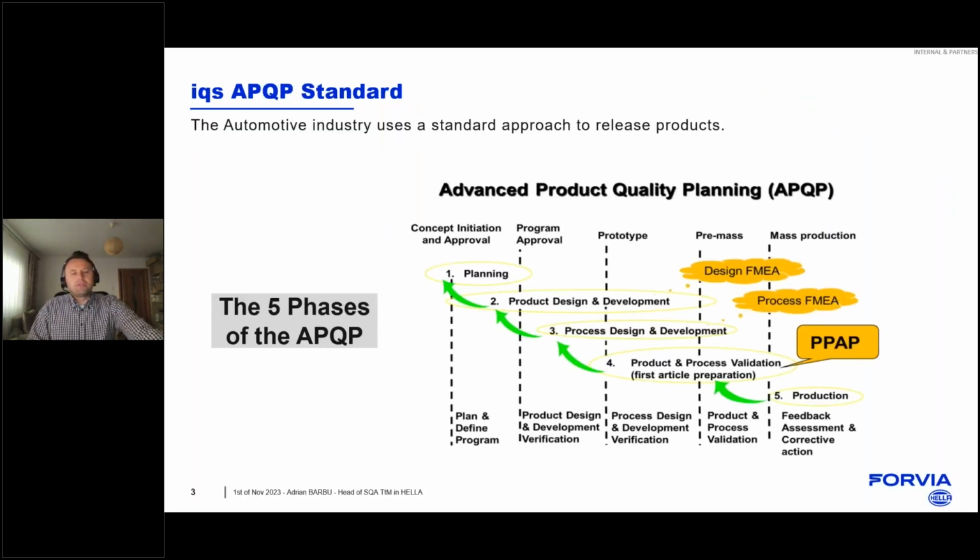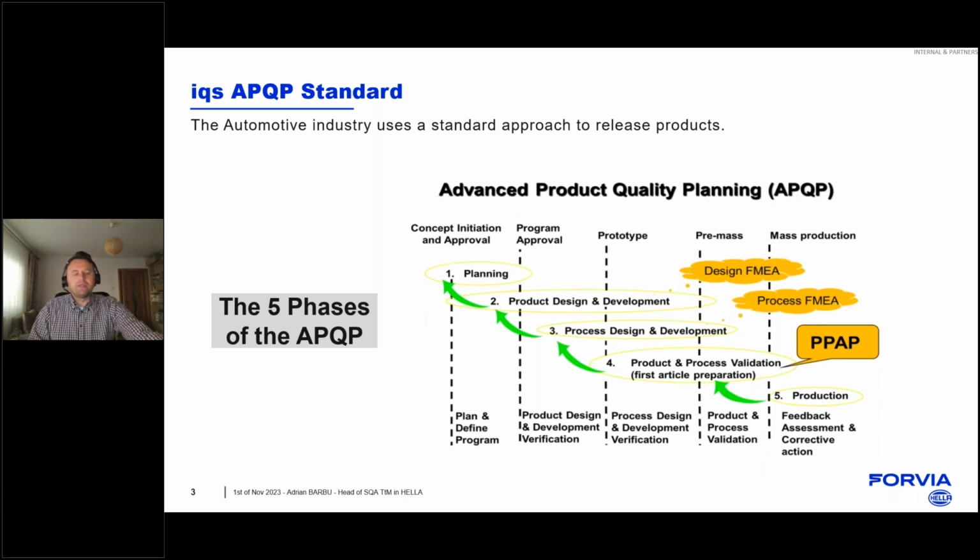For the people who are really using the standard, the APQP standard, it's an IAG approach, which has been used for many years. The most important phases that we are using within the standards are the 5 phases.